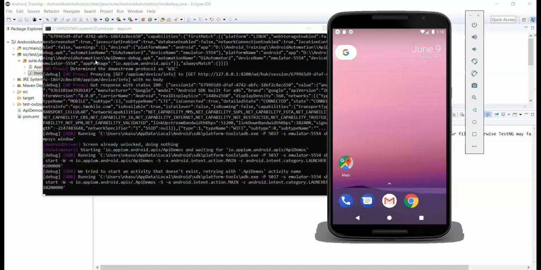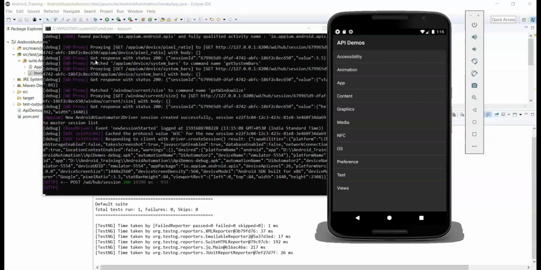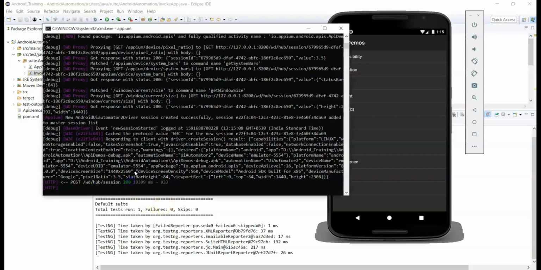Now the app will get installed on your emulator based on your APK file. Yeah, see, you can see here the app got successfully invoked. You can see here 200, so we got a response with the status code 200, which means success. So we have successfully invoked the application.